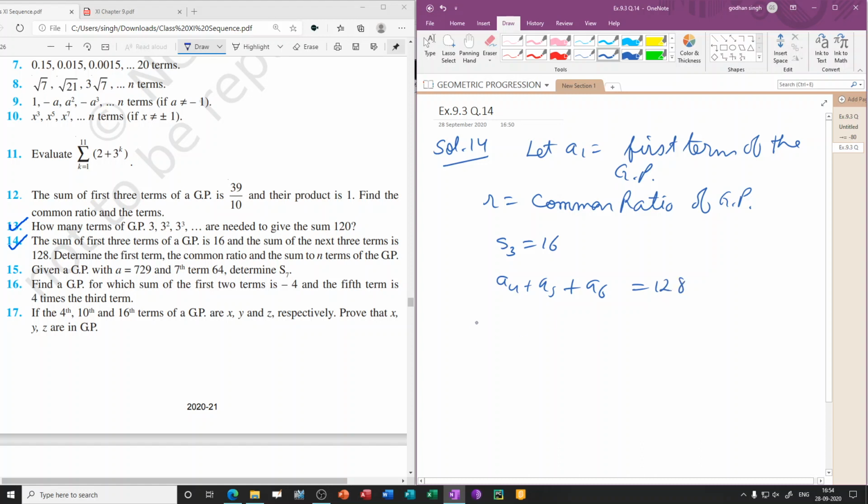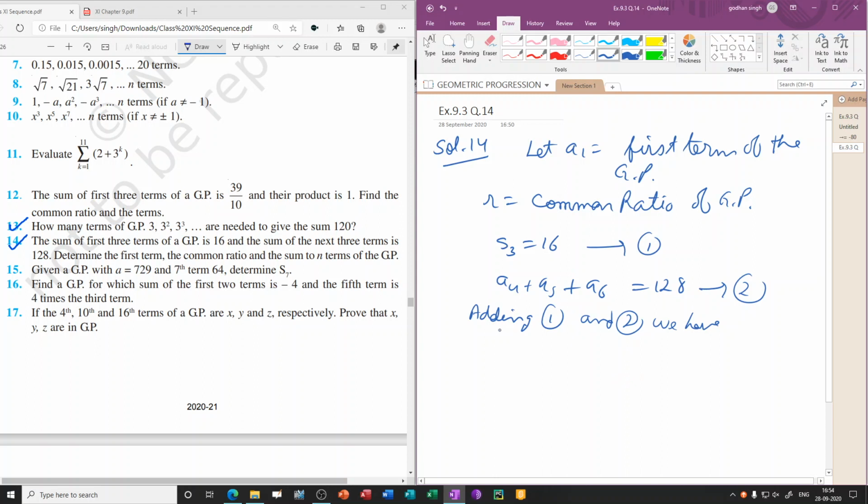128. So this implies, suppose this is equation number 1, and let this be 2. So let us add equation number 1 and 2. So what we'll have on adding 1 and 2,